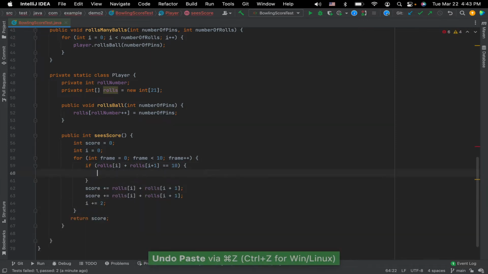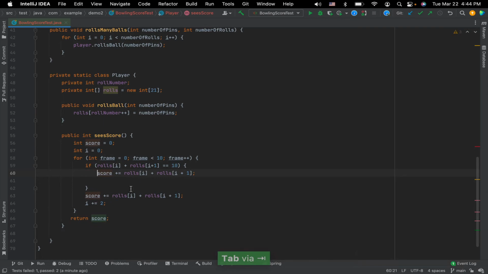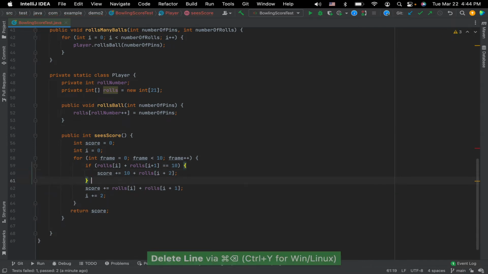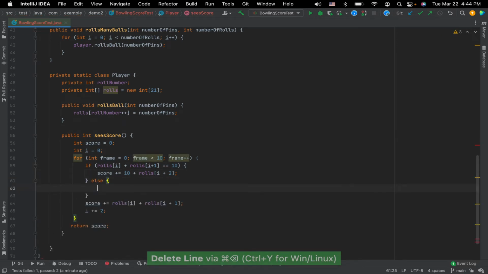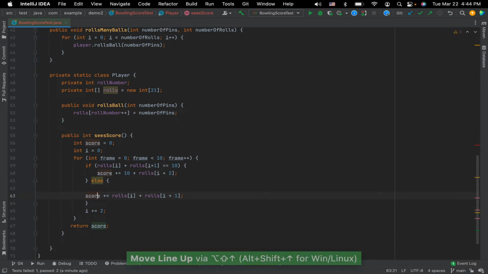Our score is going to be 10 plus rolls[i + 2]. And else, our score is just going to be the sum of the pins. In all cases,